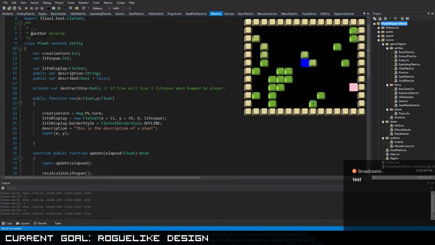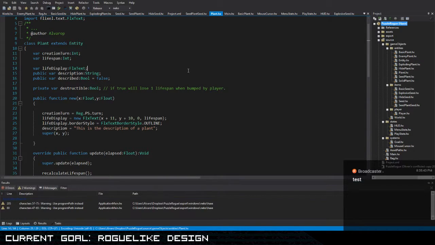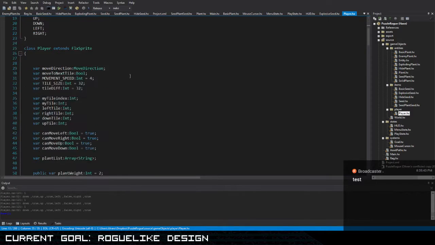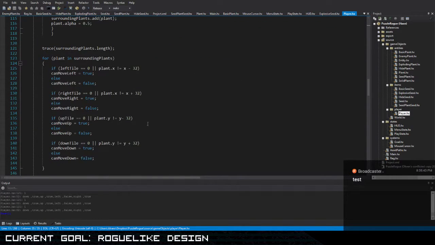So, what I'm going to be working on is quite simple. I'm trying to make it so the player can't move on top of these enemies. Maybe the logic here is flawed. It's what I was trying to figure out last night. So let's see if I can figure it out today. So for plant and surrounding plants,